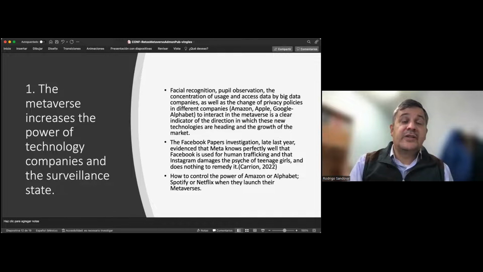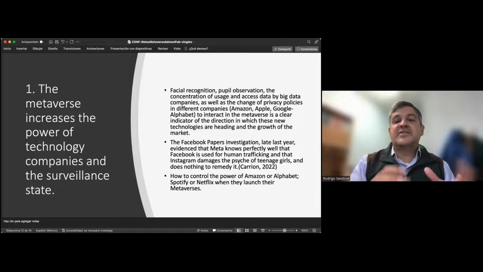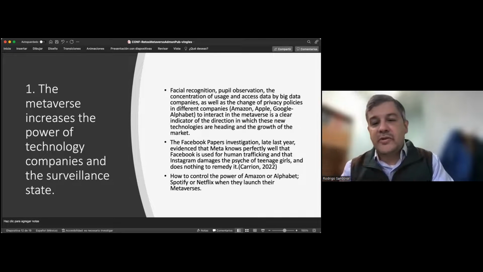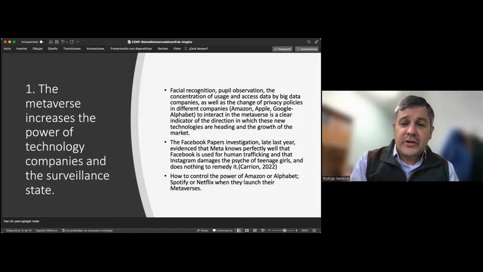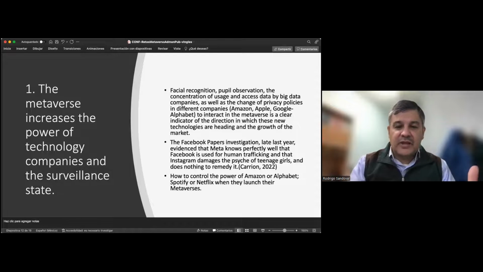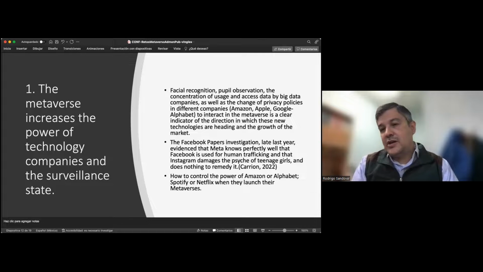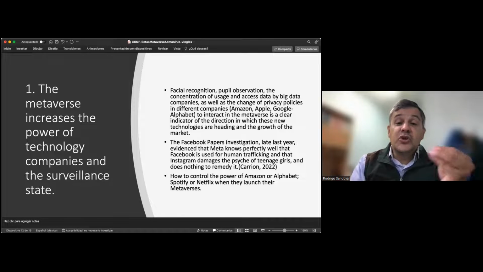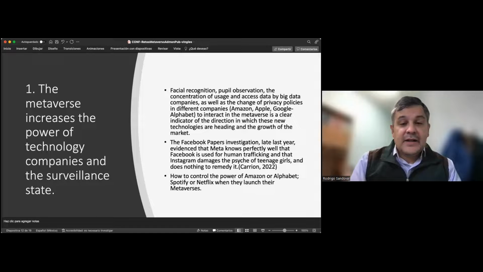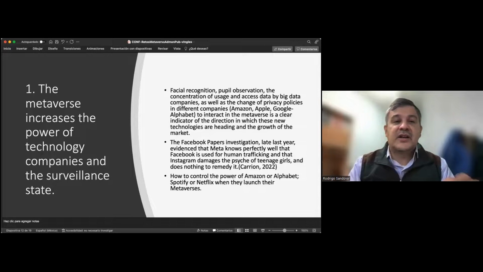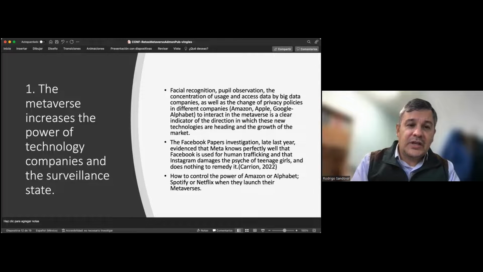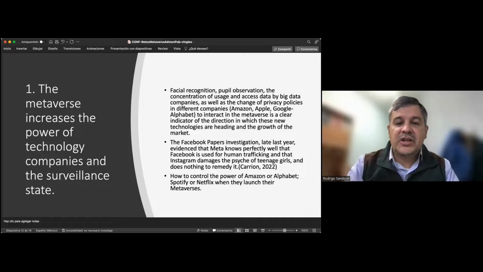It is clear that one of the leaders of this is Facebook, now Meta, precisely to change the name into the metaverse. Last year Facebook made it clear that they are sharing information about pictures, faces, and that Facebook is used for human trafficking, using their Instagram application that damages, in this case, teenage girls. Okay,